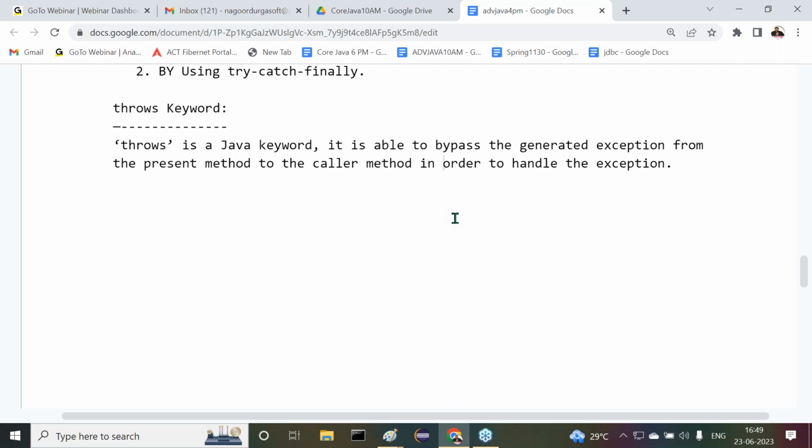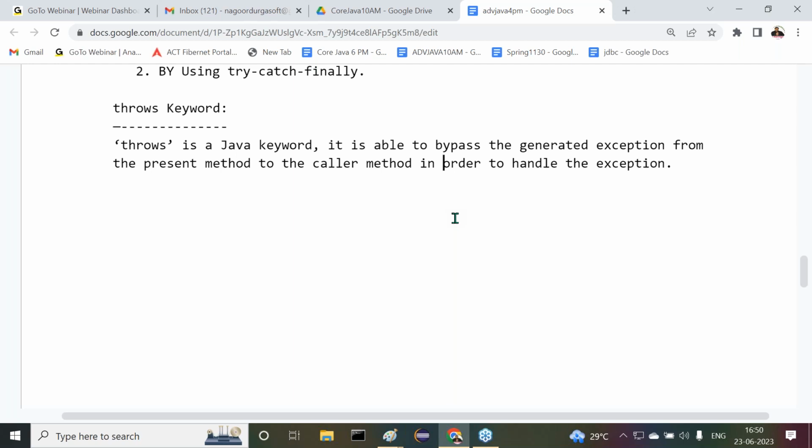So I want to handle it at the caller method. If we want to handle this exception, which is not available at the current method but is available at the caller method, we need to bypass the exception from the present method to the caller method.